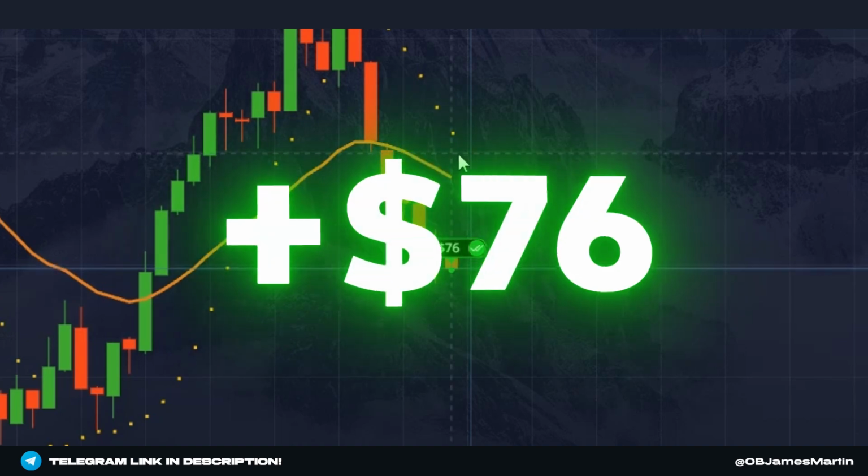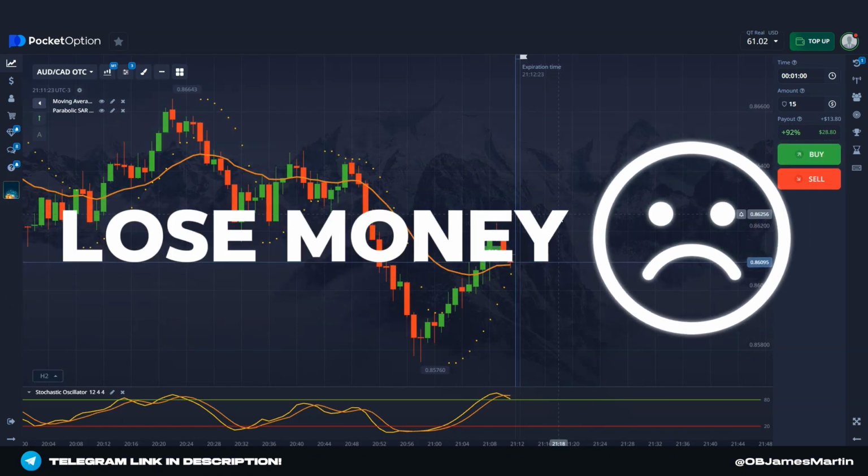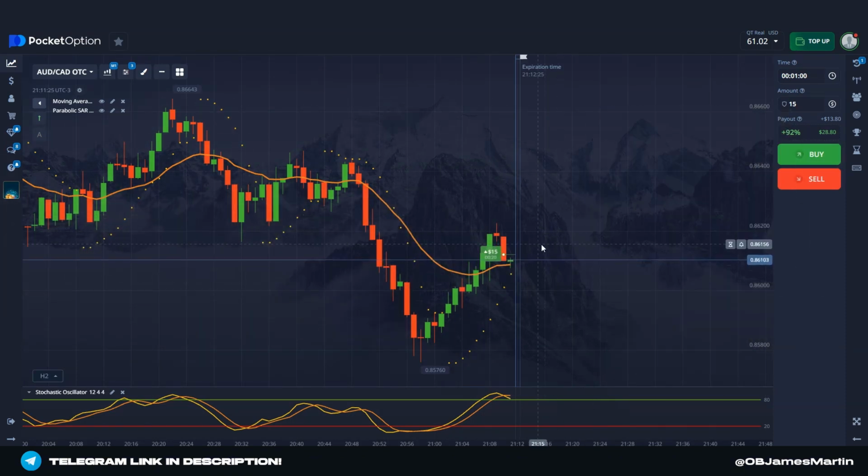And another profit, guys, $76. Okay guys, I finally found a situation to raise the price, but I'm going to lose my money here. I want to show you an example of a losing trade. Everything is done correctly here. I have checked everything. I have analyzed everything. I have looked at all the factors in detail according to the instruction that I showed you. But I'm still losing my money.